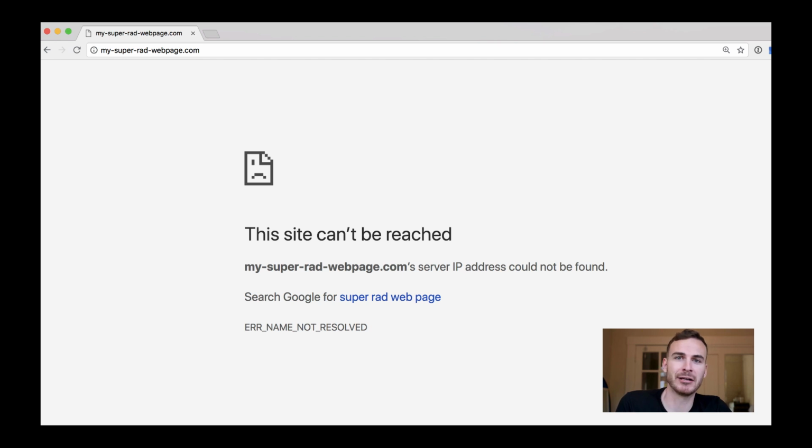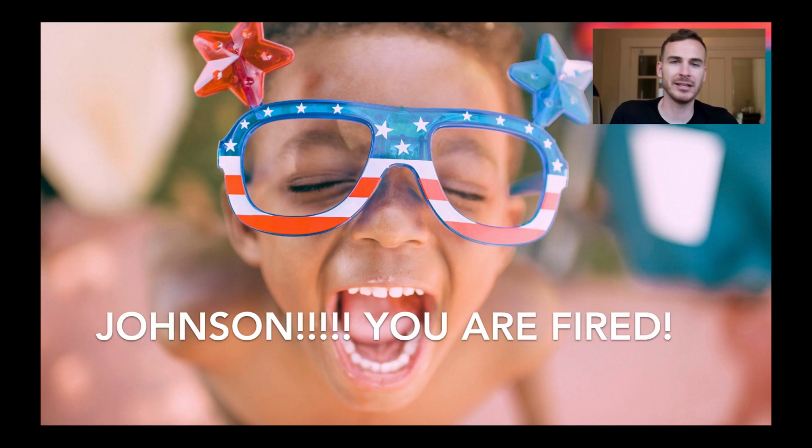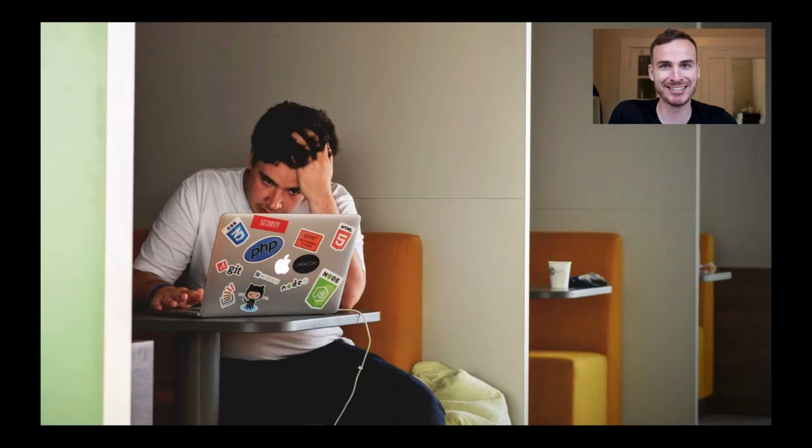This is a pretty common scenario when you're building something and it actually hits and gets a lot of traffic and you haven't planned for such an occasion. So then your boss comes in and says, Johnson, you're fired. And that's rough because no one wants to be fired, especially Johnson. So Johnson starts to look for more laptop stickers and for another job. And also, what actually went wrong? He set up his server, he built his Node app exactly how you should with Express, etc. But it just didn't stand up to the amount of traffic coming in.